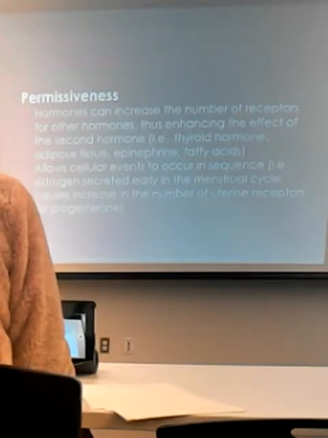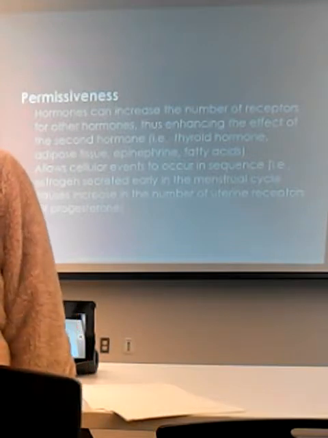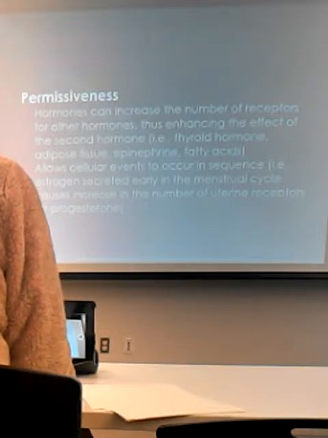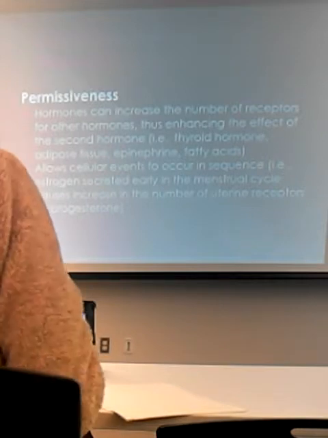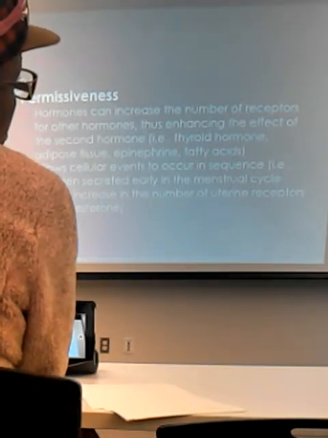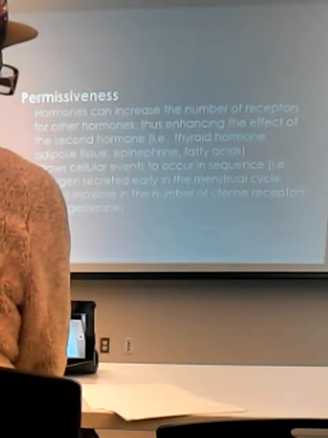There's also the sequential hormones. So in the menstrual cycle, estrogen always comes before progesterone. So what does estrogen do? A million things. Amongst the million things that it does, it increases the progesterone receptors in the uterus for the second half of the menstrual cycle when progesterone is being released. So that progesterone hormone is more effective. Does that make sense to everybody? Okay.